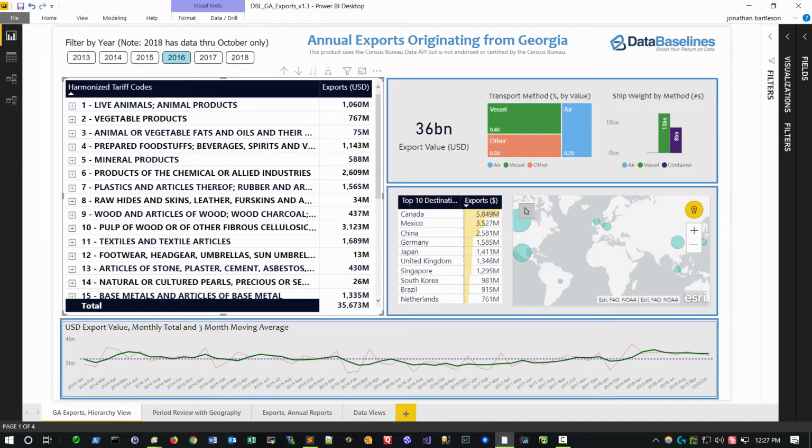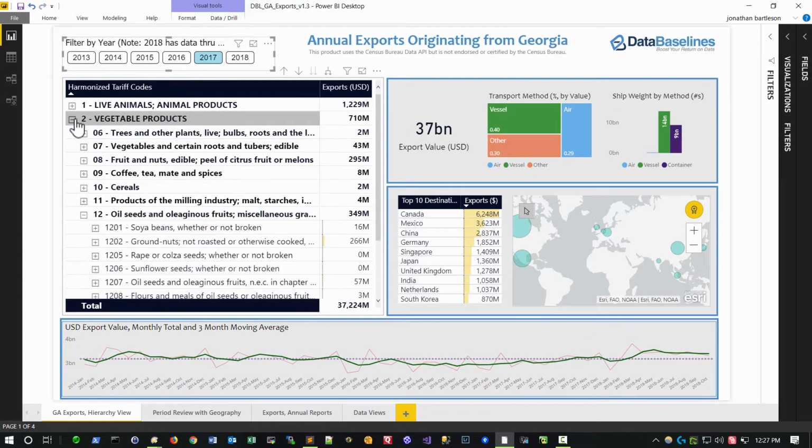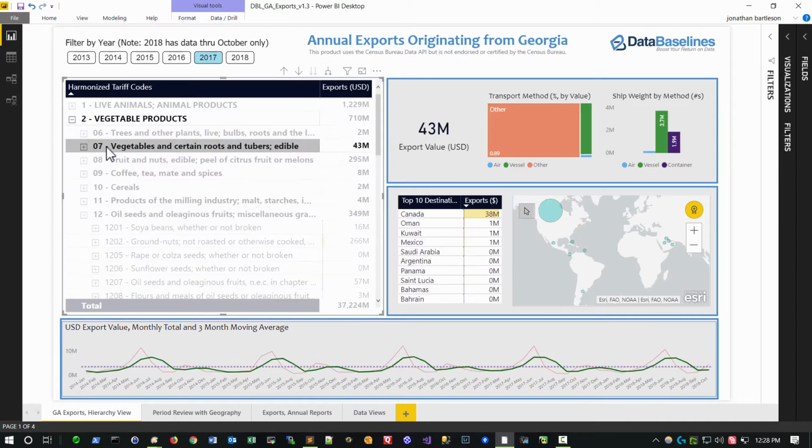In an earlier video, I showed you this Power BI interface to summarize Georgia exports. It's a pretty useful way of understanding the makeup of our state's export economy. If you're satisfied looking at year totals, you can understand at a fine-grained level the amounts and the destination countries for Georgia exports. But this little trend line on the bottom of the screen is a teaser that leads into